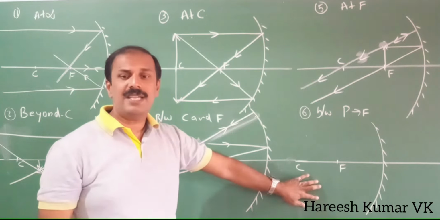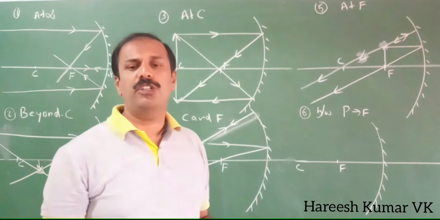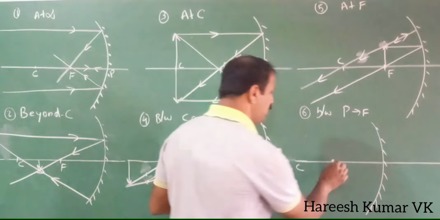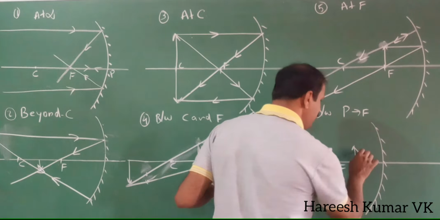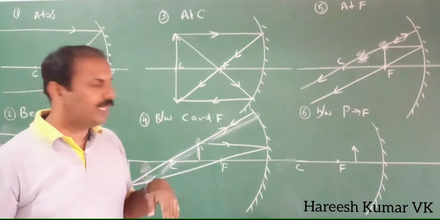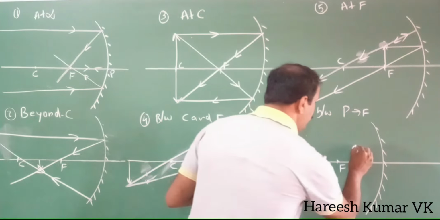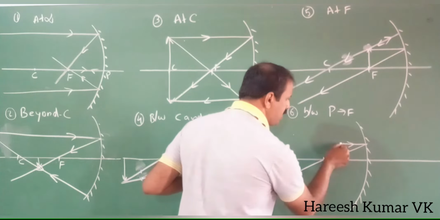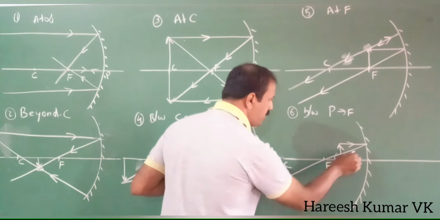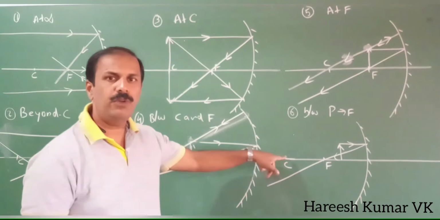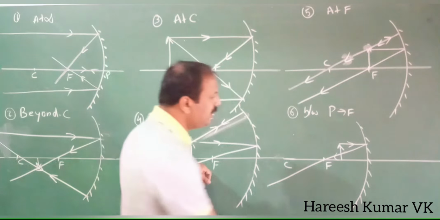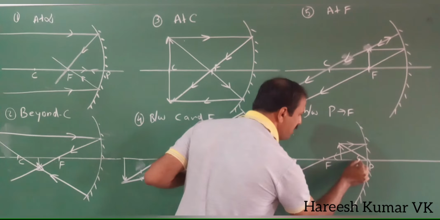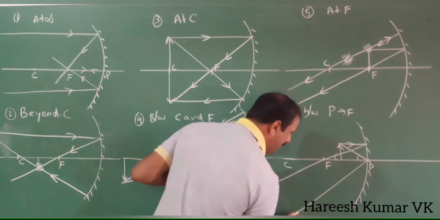Now this one, this is the last case. Here it is a little bit different. The object is between F and P. Now you see here, if you draw the same type of diagram, you can see the ray which is going parallel to the principal axis will come like this. That is, it is first passing parallel to the principal axis, then after reflection it will pass through F. Similarly, if you take another ray, you can take it through this C also. Because it is F and P, so I am taking it here. So by making i equal to r, it will go like this.